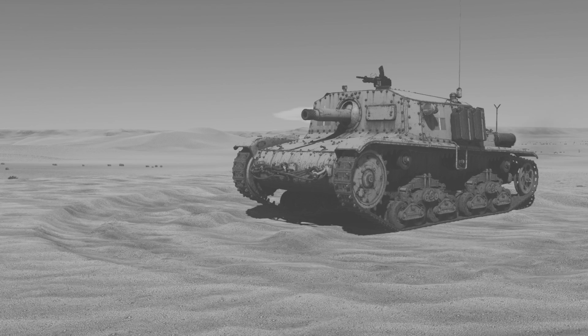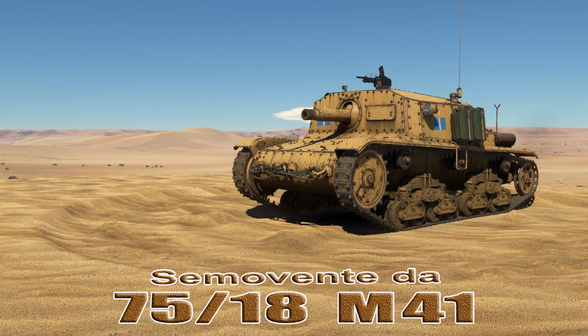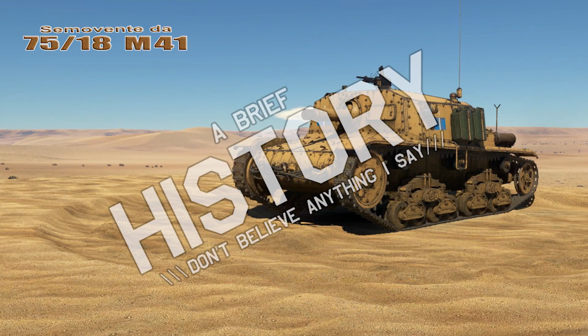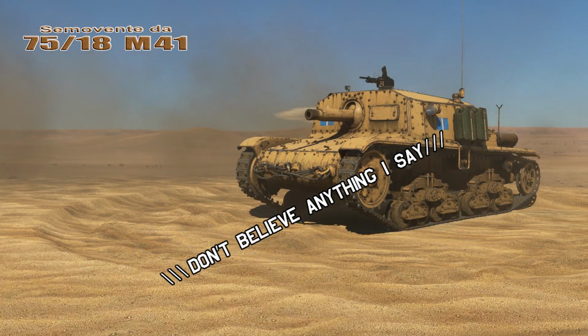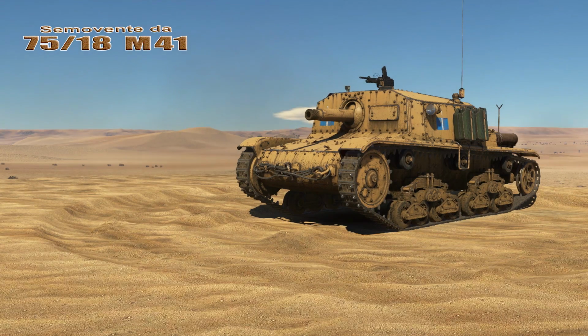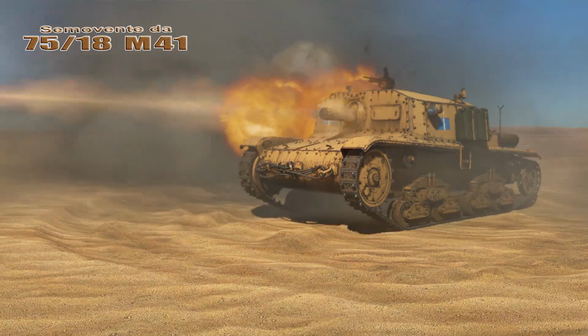And today I thought we would take a look at the Italian Semovente di 75/18 M41. Now, the Semovente 75/18 was an Italian self-propelled gun used during the Second World War. It was built by mounting the 75mm 75/18 Model 34 howitzer on the chassis of the M13/40, M14/41, or M15/42 tank. The first 60 were built using the M13/40, with 162 more being built on the M14/41 and M15/42 chassis